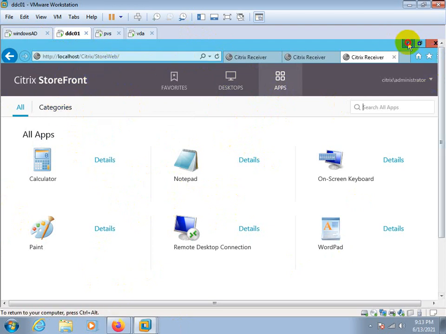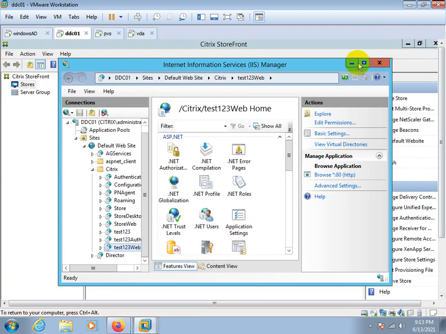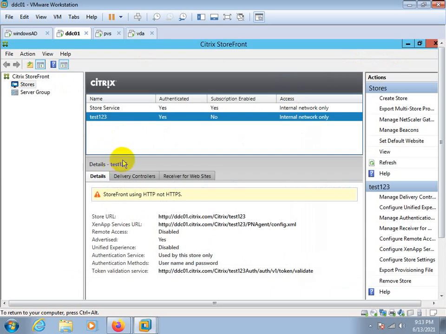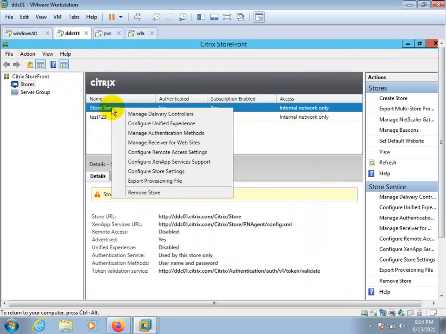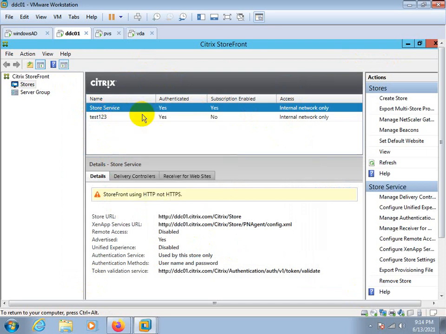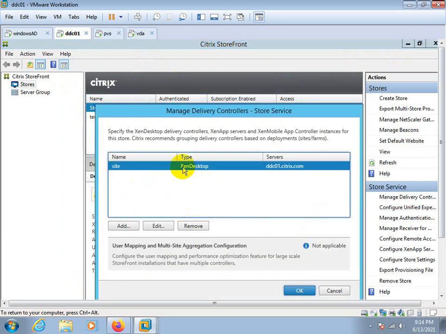But you are the administrator, so you have access on this server, the DC server, the delivery controller, and you can manage the delivery controller.